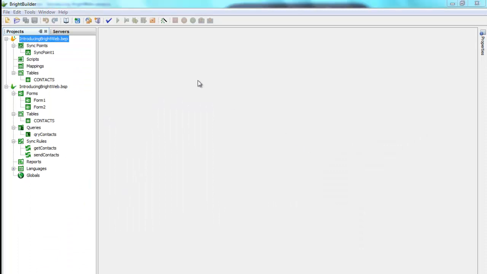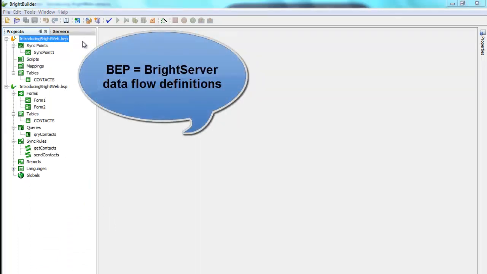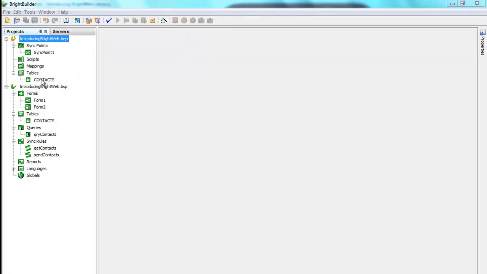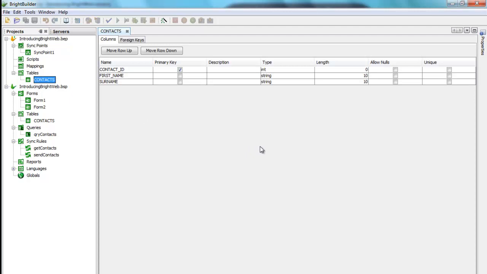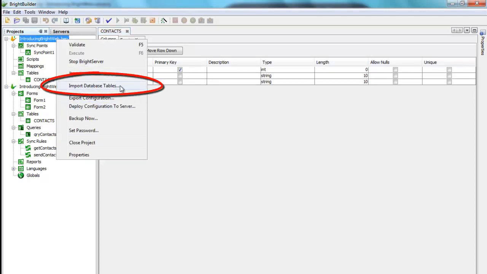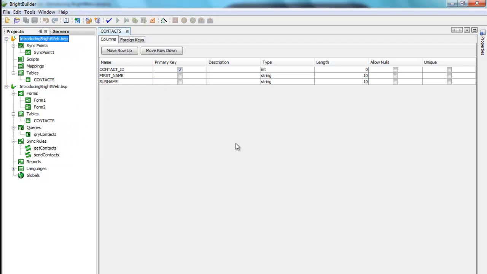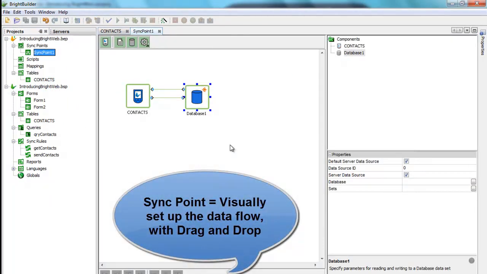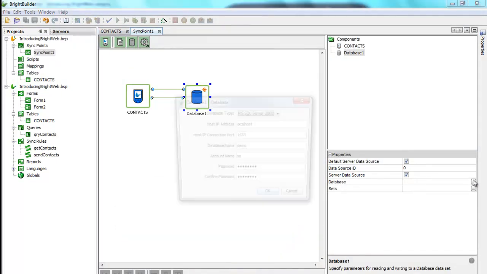So first of all, in the BEP file, which is the BrightServer configuration, we have the table. This table was actually just brought in using the import database tables function, which connects to the SQL Server database and imports the table definitions and brings them here. The next thing we do is create a sync point here, drag and drop a database, set up the database